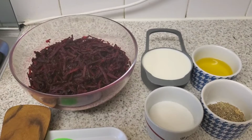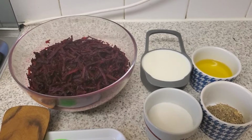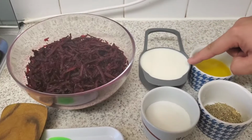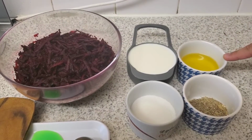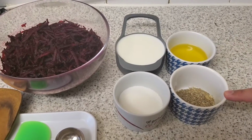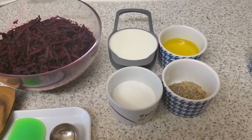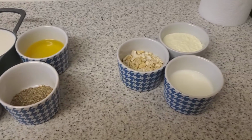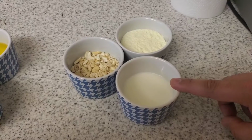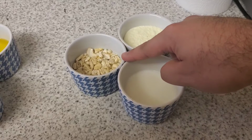To make our beetroot dessert or halwa, for the first stage we're going to need 500 grams of grated beetroots, 1 cup of milk, 3 to 4 tablespoons of purified butter or ghee, cardamom powder, and half a cup of sugar. Then in the second stage we will make koya, also known as milk paste, for which we're going to need a quarter of a cup of milk, half a cup of dried milk, and about 50 grams of crushed